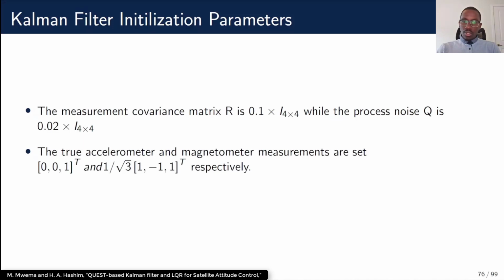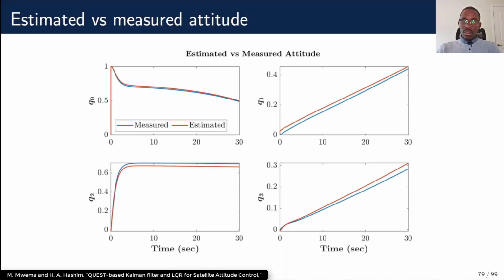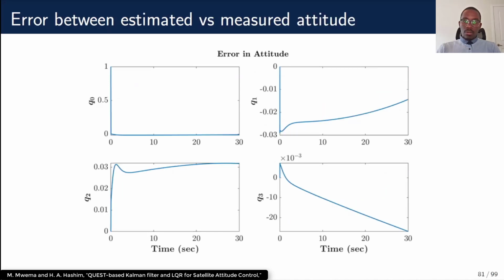The simulation results that were performed in MATLAB are illustrated below. As can be seen from the graphs, the estimated attitude uses measurements to update the predicted attitude with minor steady state errors, thus illustrating the efficiency of the two-step filtering architecture in cases where sensor measurements are corrupted with noise. So the error between the estimated and measured attitude, as mentioned, is minimal and approaches 0, as shown in the